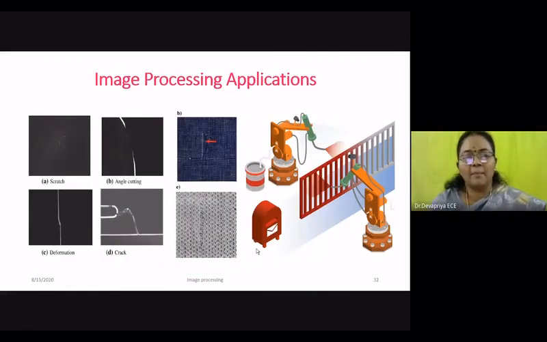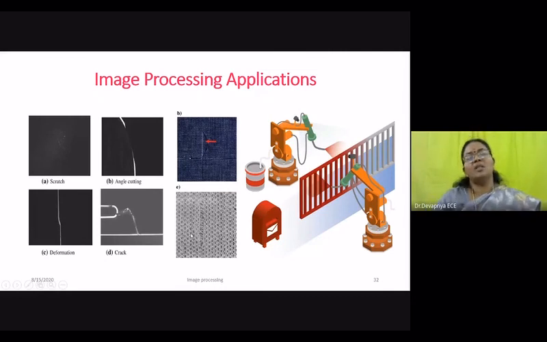In a metal, if there is any crack which cannot be easily noticed by the naked eye, by applying image processing you can check the size of the depth and how to solve it. These are the different types of crack cuttings available in the image. And this is what I mentioned for cloth fault detection.